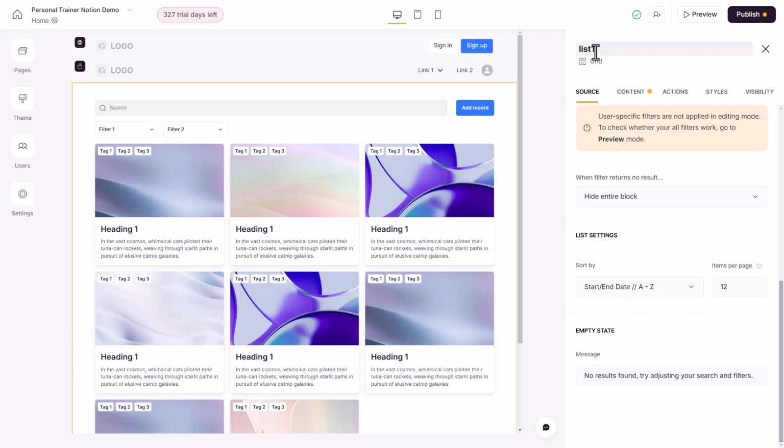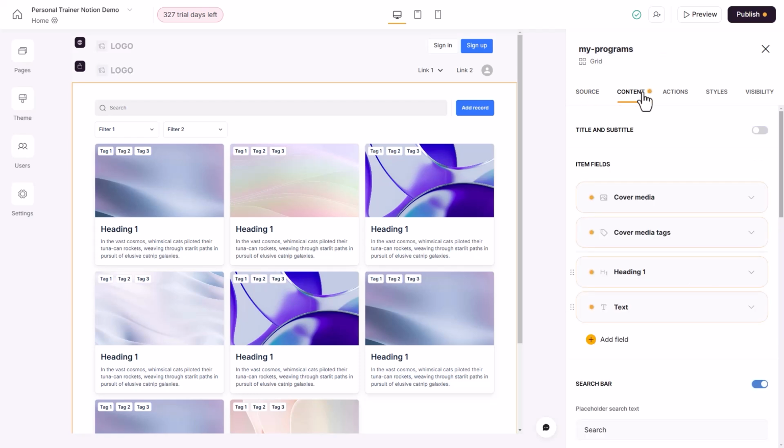Okay, next up, let's name this properly. Naming can be a powerful feature just to keep things organized. So the user doesn't care about this. This is just a software building feature so that you can easily recognize what each block is about. And you can also reference blocks across pages. Let's say my